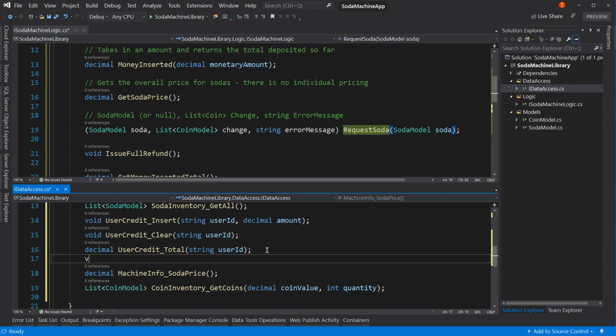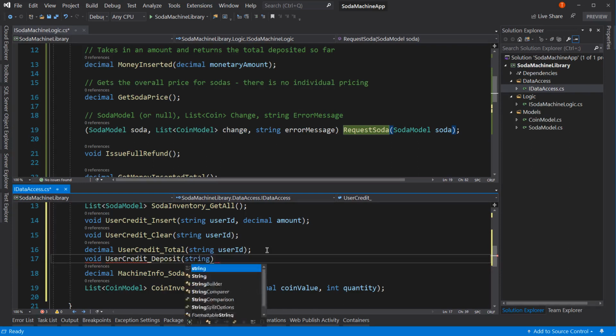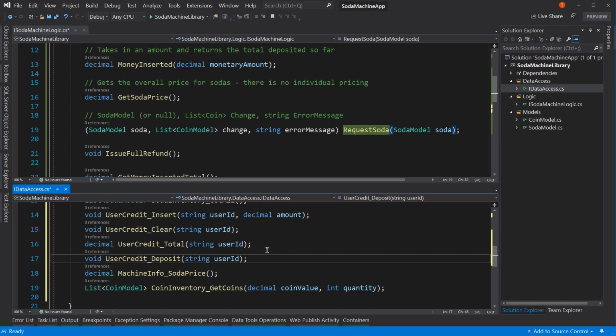All right, so we're going to have a void, and we'll have user credit, and we'll call it deposit, string user ID. So we're going to take that credit and deposit it into our inventory. And the reason we're going to deposit the entire thing is because when we give back coins, when we say get coins, we're going to take those coins out of our inventory. So if we said deposit only the actual amount, so you put $1 in, we say only